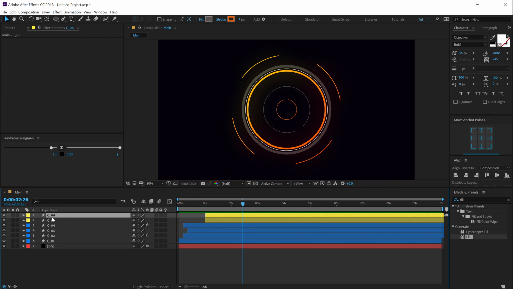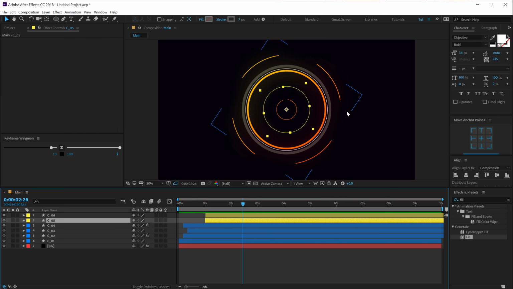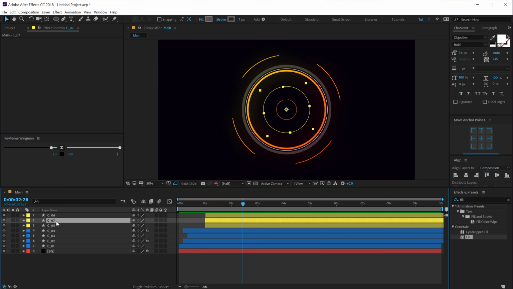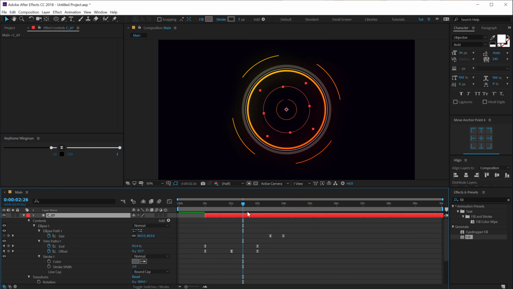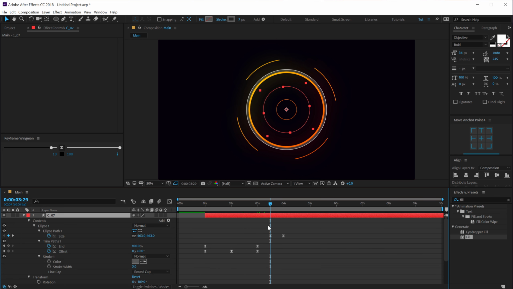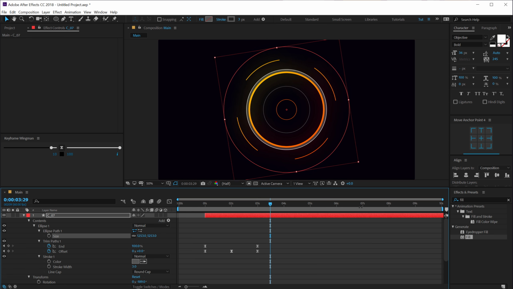Now I can select this circle that we have. Or let's select circle 5, that is this one, and hit Control D to duplicate it. Let's put it on the top, and we can change this color to maybe a red color. Hit U 2 times to reveal the size. Let's go right over here, or I can actually delete these keyframes. We don't need that anymore. I'm going to increase the size just like so,